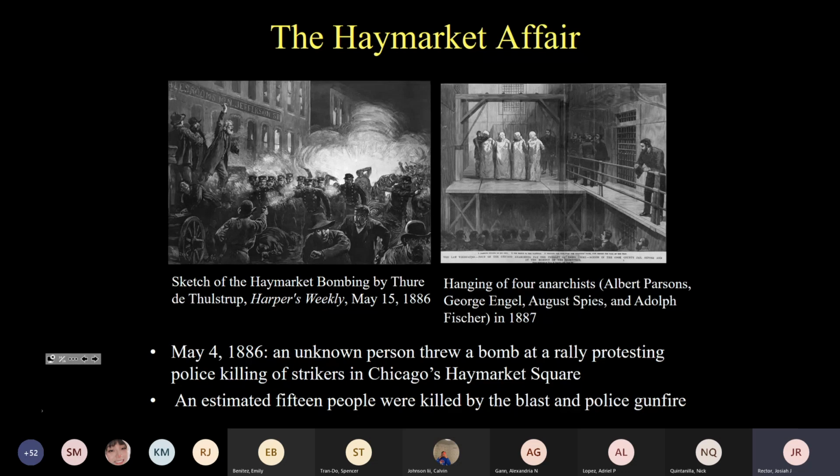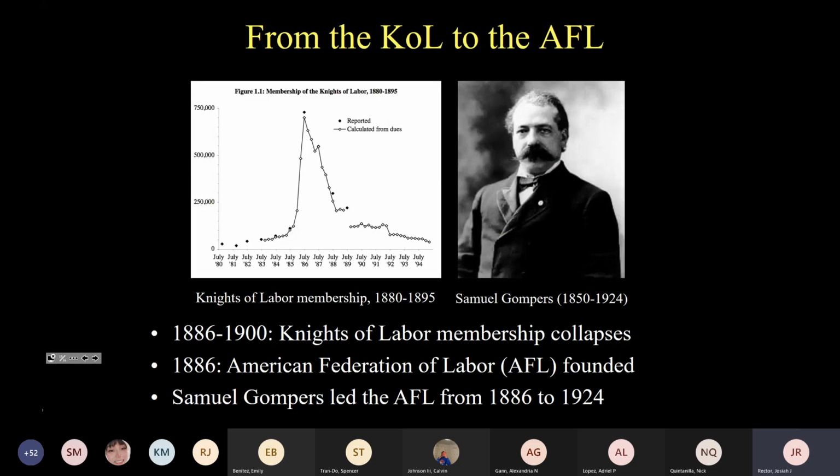The Knights of Labor went into decline in the aftermath of the Haymarket Affair and this kind of crackdown on labor in efforts to deport immigrants. And moreover, in the South, efforts by Knights of Labor members to organize African-American sugarcane workers in Louisiana, for example, were met with white supremacist terrorism, notably in the Thibodaux massacre of 1887. So if you look at this graph on the left, it shows a steep decline in the membership of Knights of Labor from the heights of 750,000 in 1886 to only a few thousand by the end of the century.